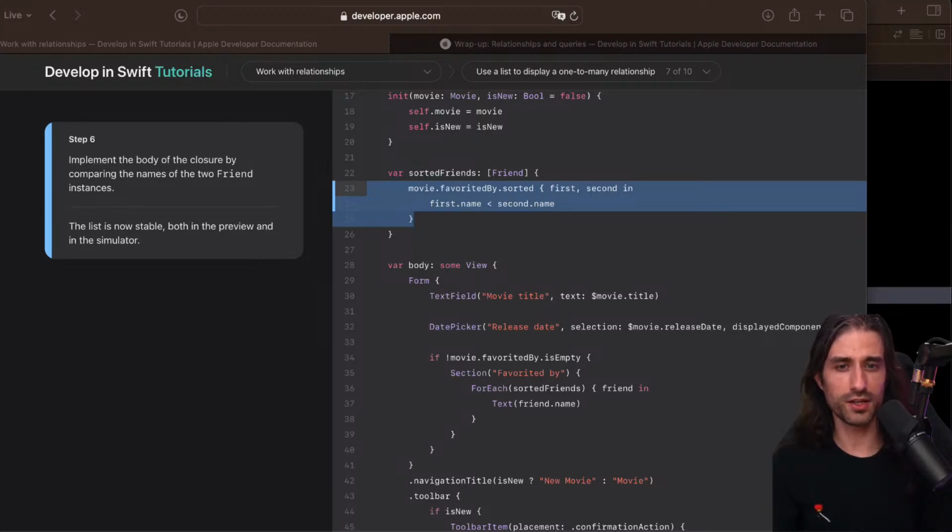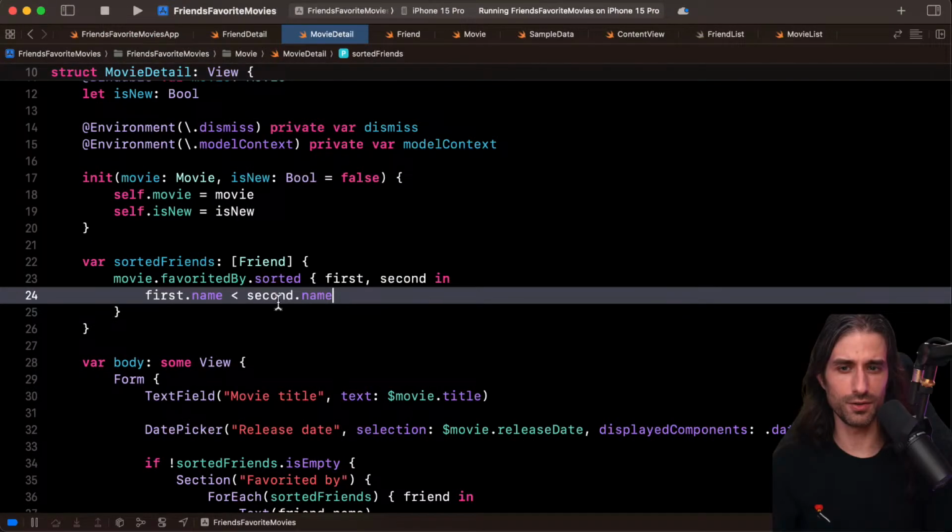So a sort descriptor is actually a predicate with extra information on whether we do things in ascending or descending. Actually, a sort descriptor is more like a predicate that can be easily combined with other sort descriptors in order to do complex things, like we sort by ascending name and then decreasing age if two names are the same.